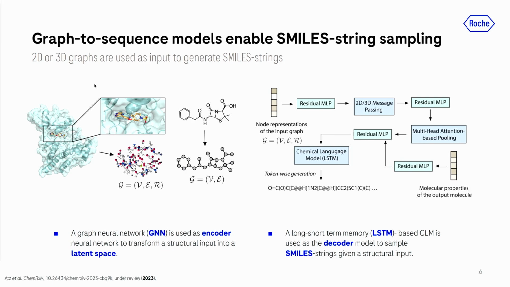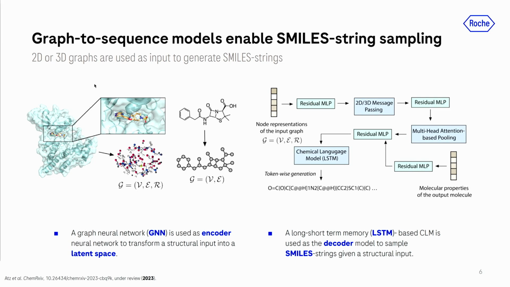And for that purpose, we designed a graph-to-sequence model. There are multiple approaches to tackle this, with sequence to sequence or graph to graph. But there were two aspects: since we wanted to encode the 3D structure of the protein, a graph was more straightforward to implement. And since we wanted to generate simple drug-like molecules, a chemical language model seemed most suited for the